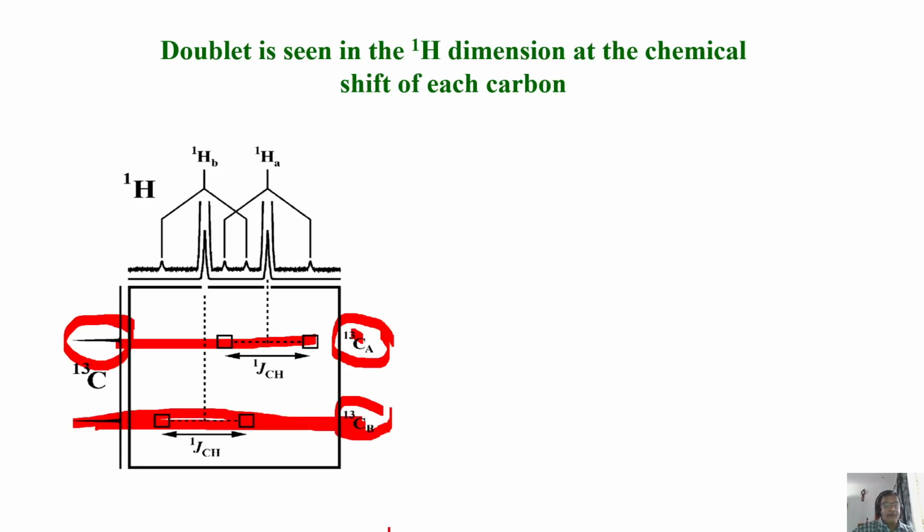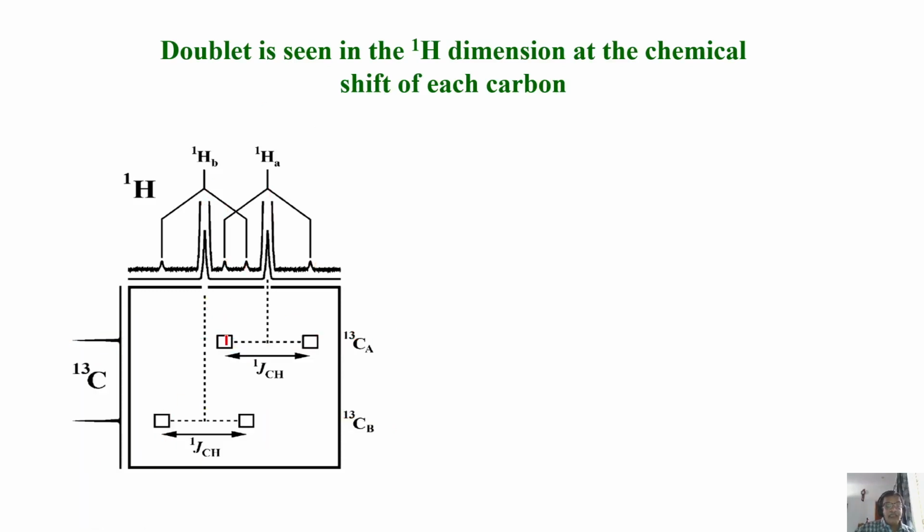So this corresponds to carbon chemical shift. But let us go to the proton dimension. This is the proton dimension. This is the proton peak corresponding to the C12 carbon. And look at it, on either side you are getting a peak. What are they? These two are satellite peaks of this proton coupled to carbon, which appear as satellites because we are doing coupled HSQC. Similarly, for this proton B, you have two peaks on either side, they are satellites.